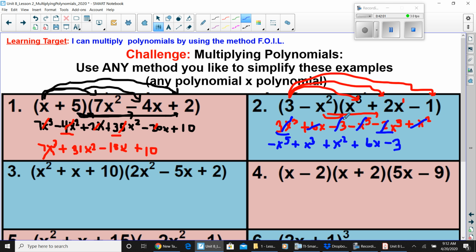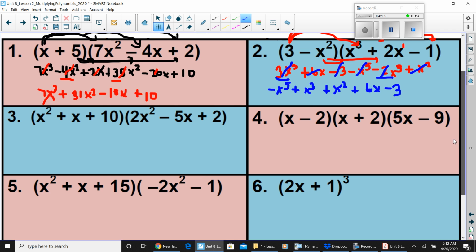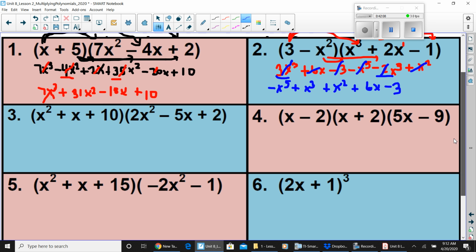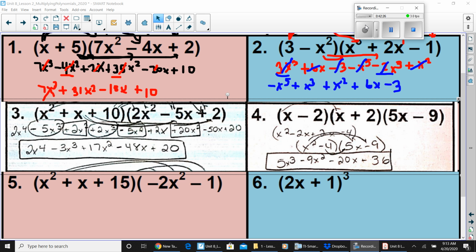All right. So these are our challenge problems, and go ahead and see if you can do the rest of them. We're going to press pause right now, and we'll come back with all of the answers. Press pause now. Okay, so here's 3 and 4. Thank you, Ms. Gaji, for doing these